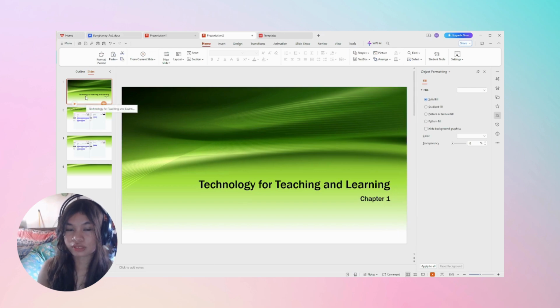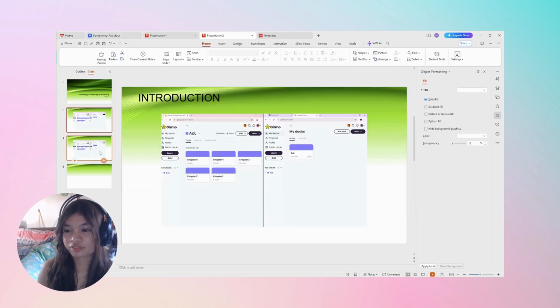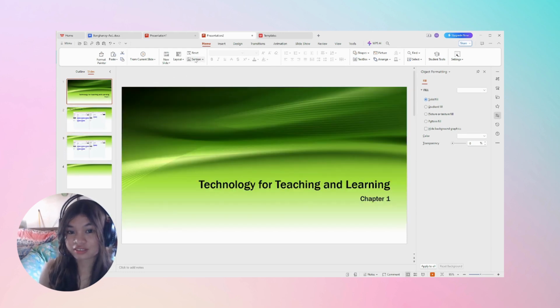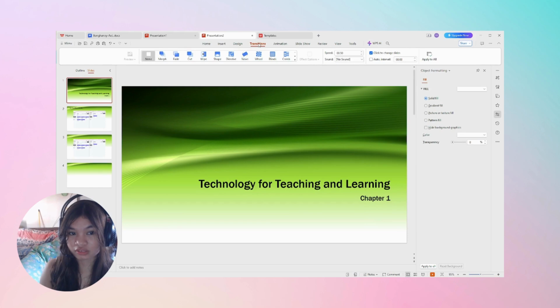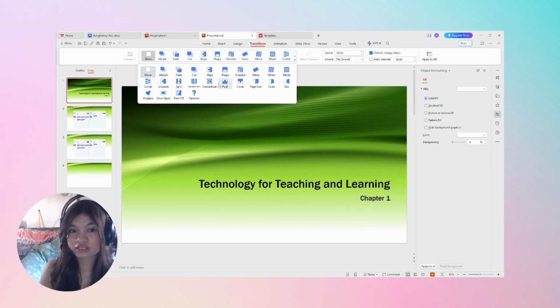So now I'm going to teach you the exciting part of editing a PowerPoint. It's adding transitions in your slides. You can find the transition here. You can choose here.